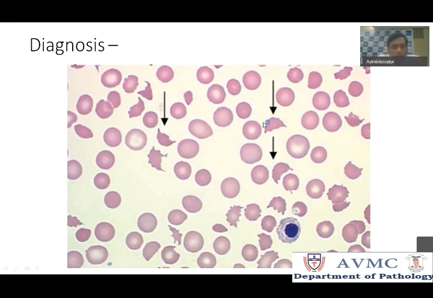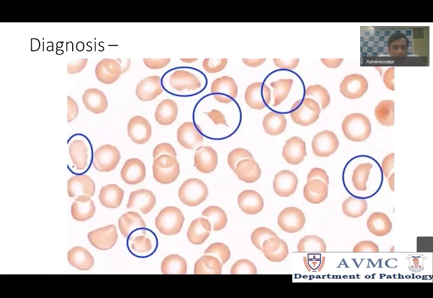So this is a case of microangiopathic hemolytic anemia. Again, RBC fragments. See, a lot of RBC fragments, and you don't find any platelets in the background. The problem here is that there will be thrombi in the blood vessel, and the RBC hits that thrombi and gets broken, and you find these fragments in the peripheral blood. So in this patient, it's an intravascular hemolysis, right? Because RBC is dying in the circulation.